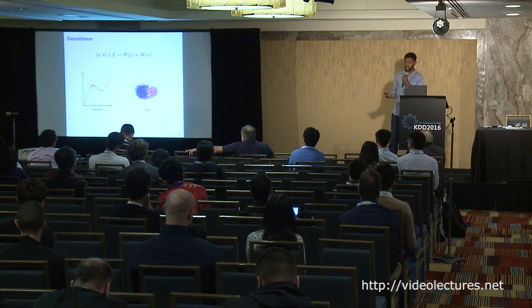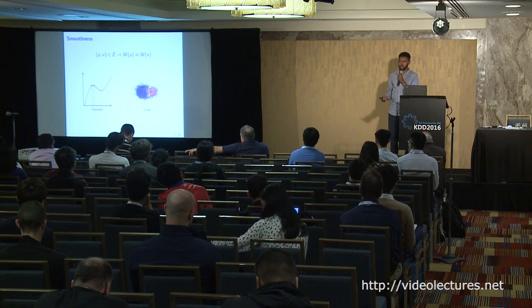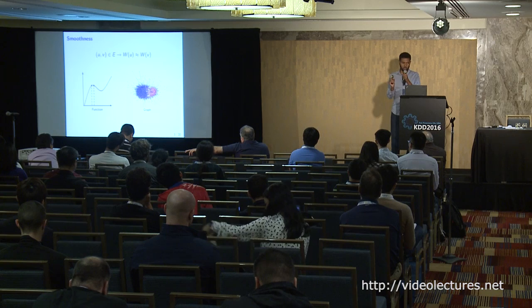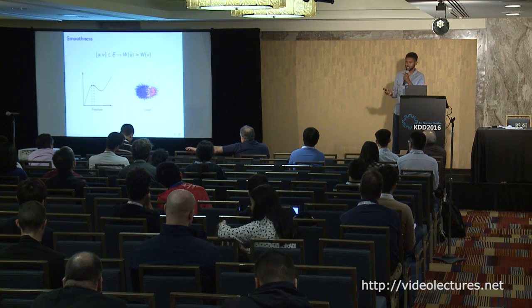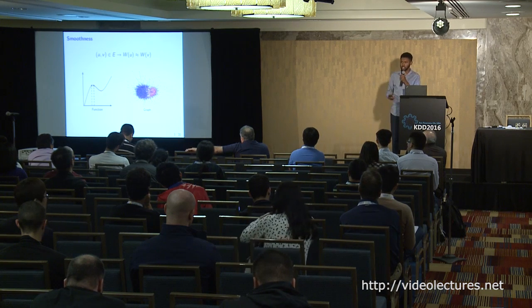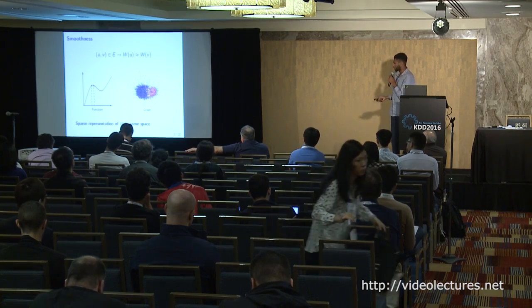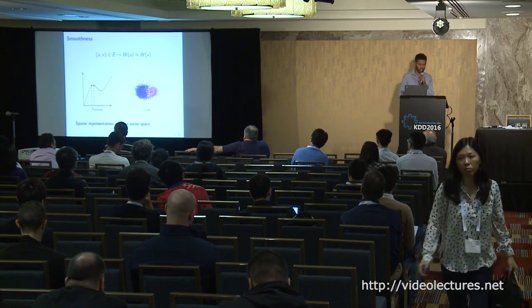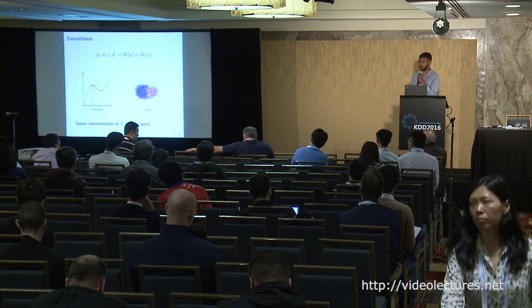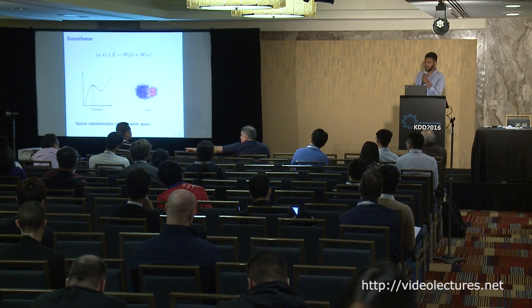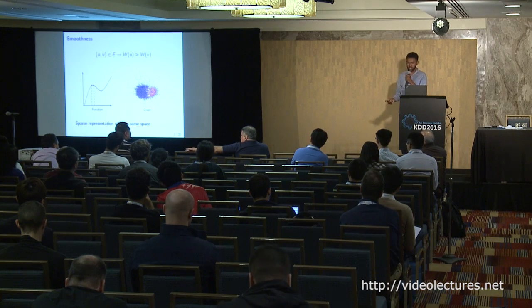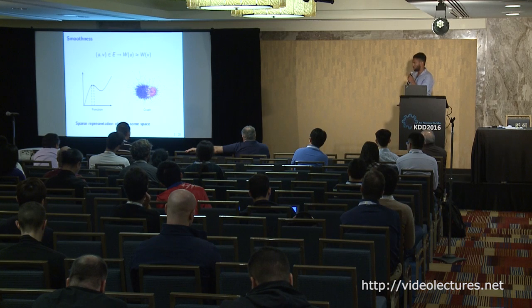It's very easy to understand this sort of property when you think about a function. We know what a smooth function is, right? If you look at positions that are close by, the function doesn't change a lot. But in a graph, you also see this kind of behavior. And you can exploit this property to get a low dimensional representation for the data. Whenever you have smoothness, you can get, in some space, a lower dimensional representation. This is very powerful in many domains, including machine learning and many others.